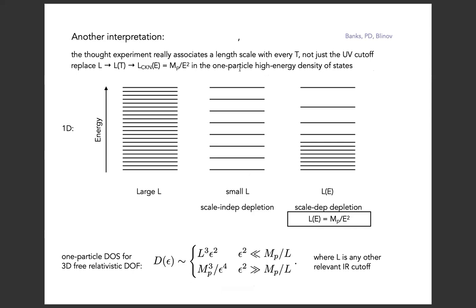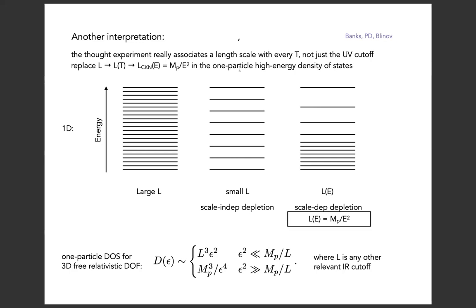I mean, this is a sharp cutoff that they imposed. They impose a hard cutoff, yeah. I don't know. I don't know how precisely we can interpret anything from this thought experiment. I'm going to talk about a specific way to impose this conjectured depletion in a minute, but I certainly wouldn't